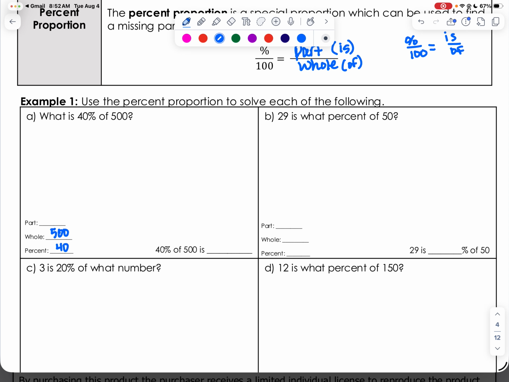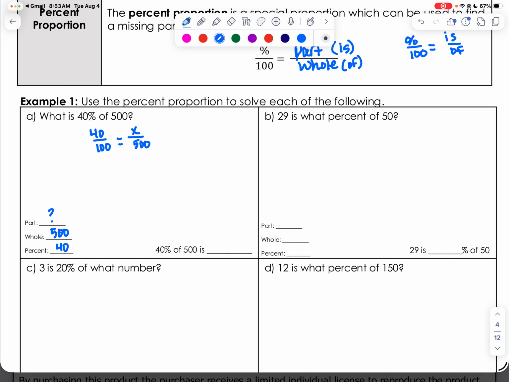So what we don't know is the part. So that's what we're trying to find. What is 40% over 100? So we'll say 40 over 100, that's our first ratio, percent over 100, is equal to the part over the whole. So since we don't know the part, I'll put an x or unknown over the whole, which is